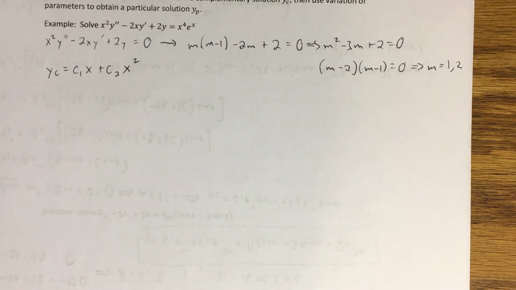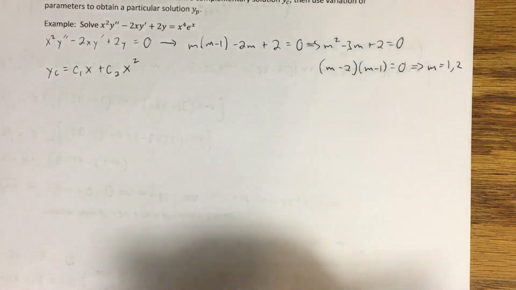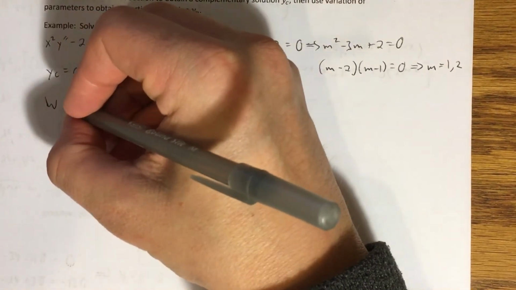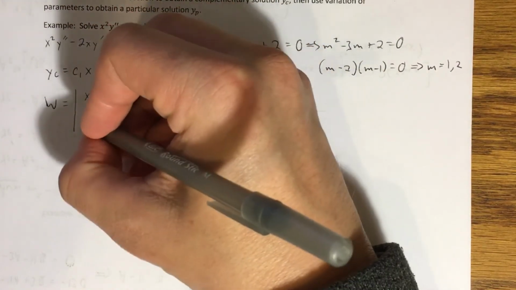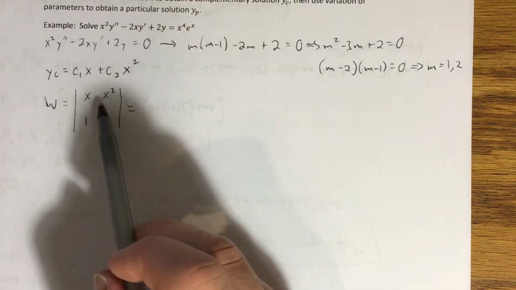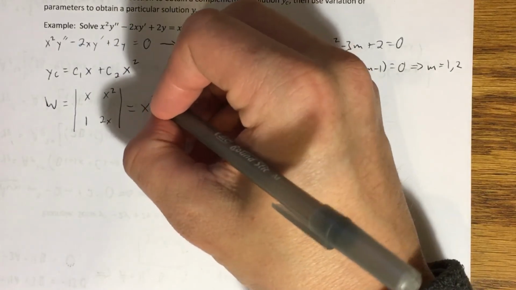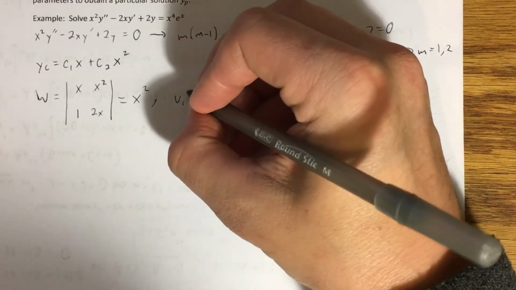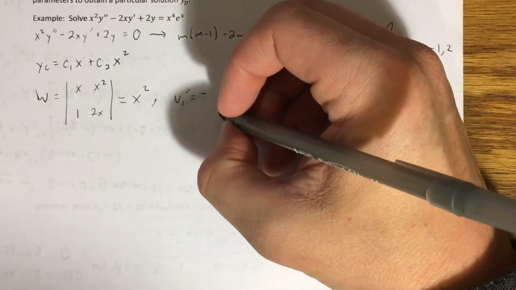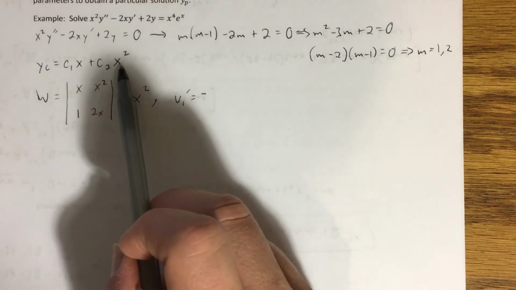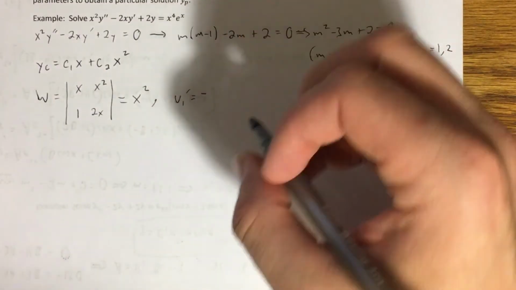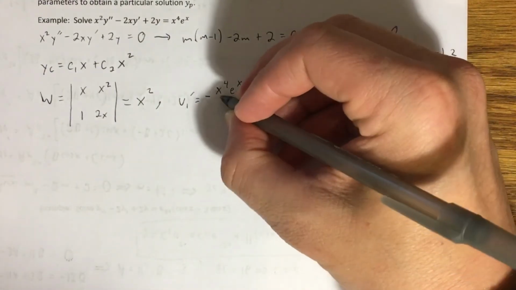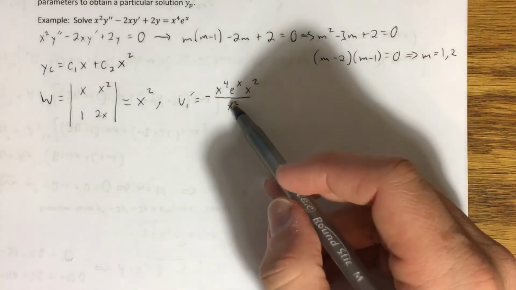Okay, but to do that, we have to find those functions u1 and u2. So again, going through that process, we start by looking at the Wronskian of these two functions. We just call that w. That would equal, let's see, x squared 1, 2x. That's going to become 2x squared minus x squared, which is just x squared. Okay? Using our Wronskian in the variation of parameters formulas that we determined, u1 prime is going to equal negative f of x times y2, this function right here. So f of x is x to the 4th e to the x. Okay? y2 is x squared. And we put that over the Wronskian, x squared. So you're going to see the x squareds canceling out